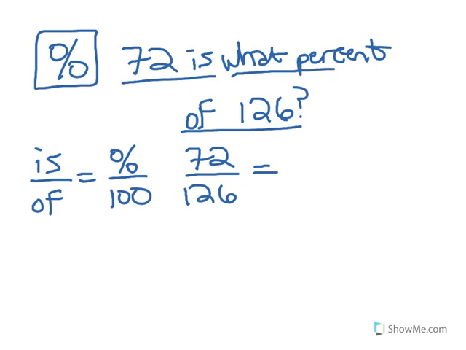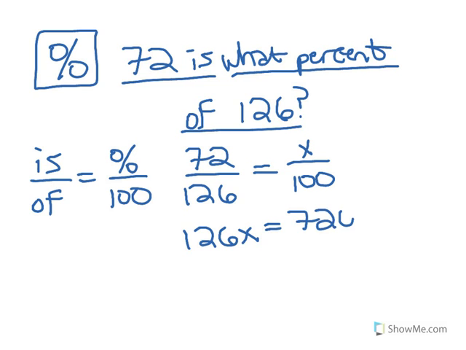And our percent number is unknown. So we'll have x over 100 on the other side. Using cross multiplication, we have 126 times x equals 7,200. Dividing both sides by 126, we find that x is 57